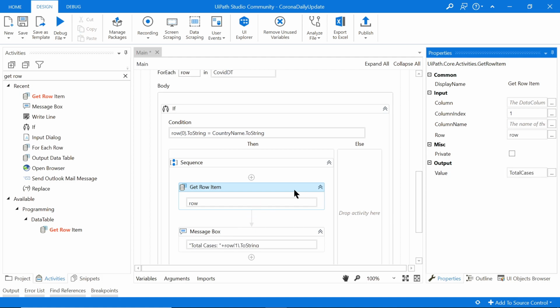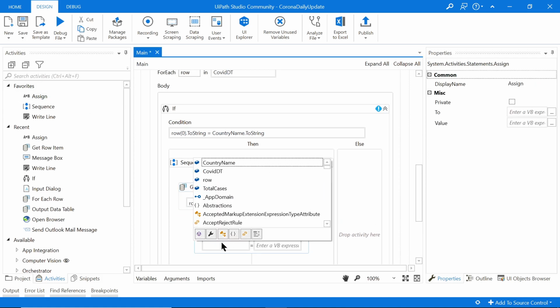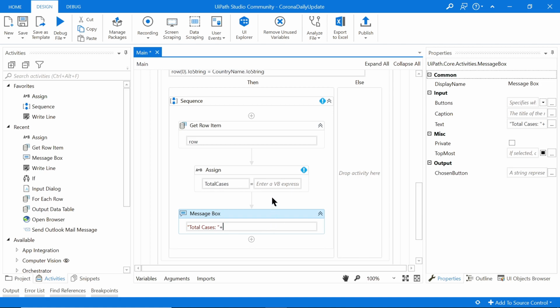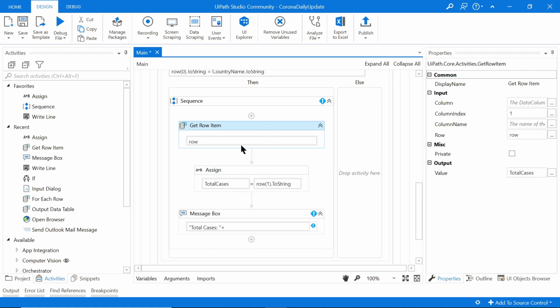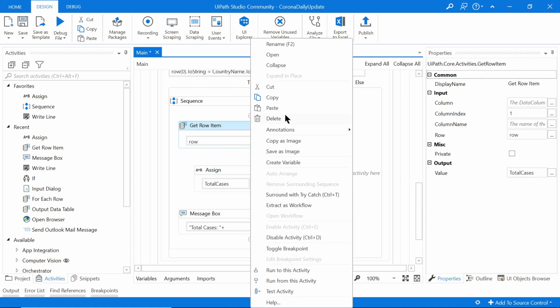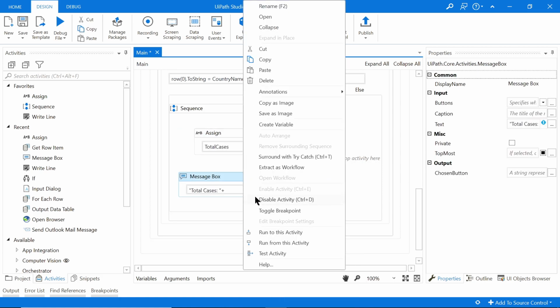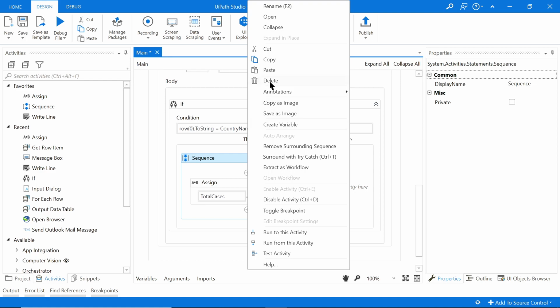Great. So another way we could have done this is we could have simply used an assign, and we could have said total cases is equal to this over there. So these two things are doing the exact same thing right now. So I'm actually not going to use this get row item. I'm going to delete this, and I'm rather going to use this assign because it's a bit more of an elegant way of doing it. I'm going to delete that message box, and I'm going to copy paste this assign 3 times,